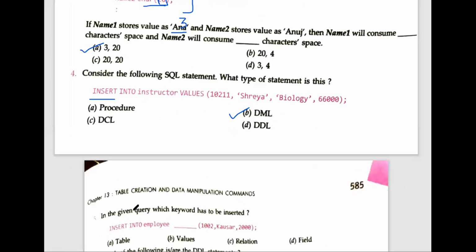Fine. Now in the given query, which keyword has to be inserted? After employee, what are we going to write? I think everybody will give the correct answer. Anshika correct. Aanchal correct. Karan correct. Very good. Very easy answer. I hope everybody can give the answer of this. Prince correct. Vanshika correct. Vivina correct. Twinkle correct. Richa correct. Very good. DDL commands have a direct impact on the database, right? DDL commands are related to the structure of the table, or the structure of the database.